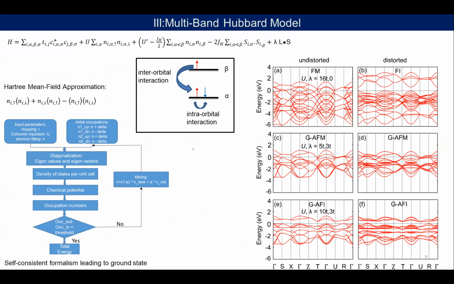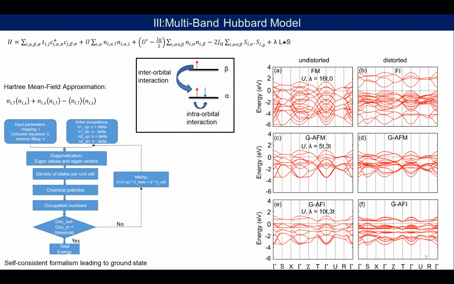Now, to realize what the different quantum phases are that can be realized in this system as a function of on-site Coulomb repulsion U and spin orbit coupling, we begin with the full-fledged model, the multi-band Hubbard model. The first term in this model is the tight binding interaction, which is already constructed, as I explained in the previous slide. The second term is the on-site Coulomb repulsion. The third term is the on-site Coulomb repulsion, but it is the inter-orbital, same site, but between different orbitals. And the last terms are the Hund's coupling and the spin orbit coupling. This model we solve self-consistently in the Hartree approximation, and the results are the following.